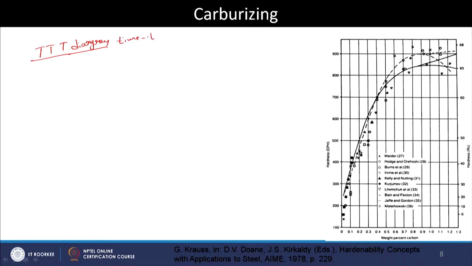Time, temperature, transformation. Yeah. So, what this diagram provides is temperature as a function of time,